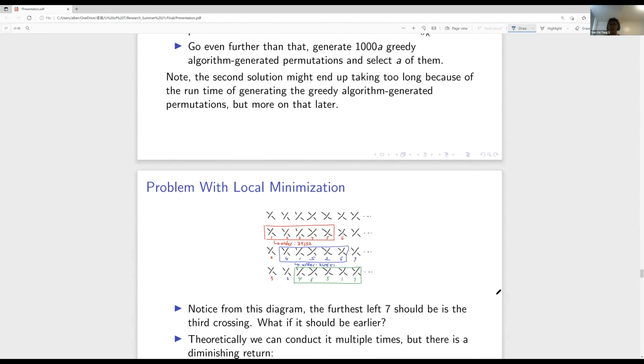So the back, let's say X crossings, and move to the front. The reason that we're doing this is that we want to shuffle,